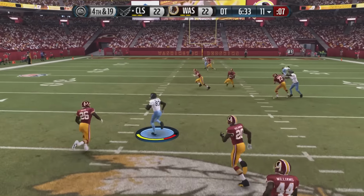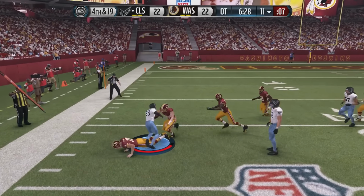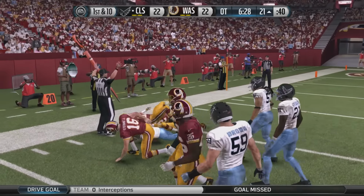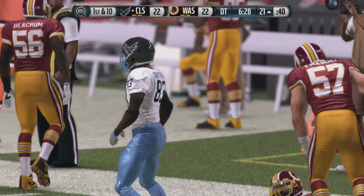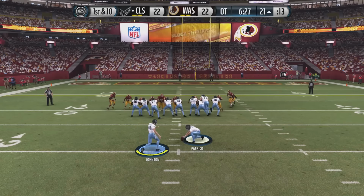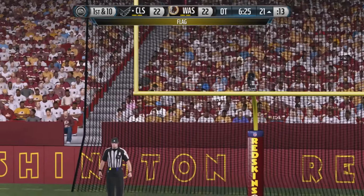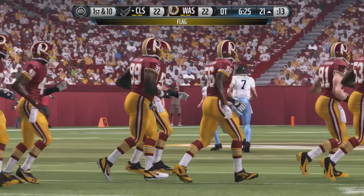But Sean Sutton doesn't care. He wants more. The 35, 30, 25, all the way down, breaking a tackle to the 21-yard line, and that is going to set Mason Johnson up with an easy field goal. Our offense doesn't need to do a thing. It's all about special teams here, and Johnson will win the game. They ran into the kicker. The penalty will be declined, and the Aviators will win